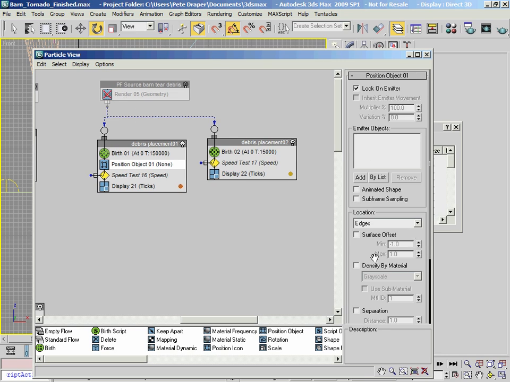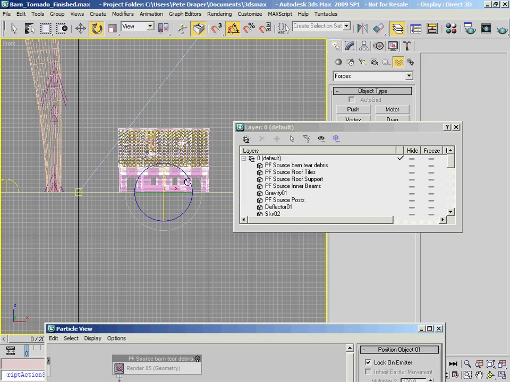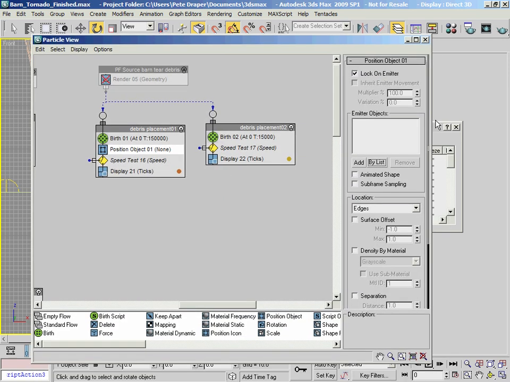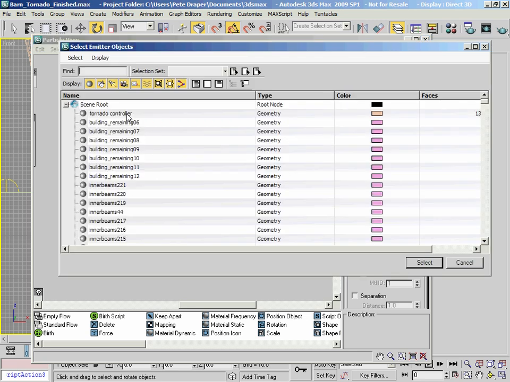Okay, so what we need to do now is introduce pretty much every single piece of geometry within our barn by clicking on this by list button and then doing by name.